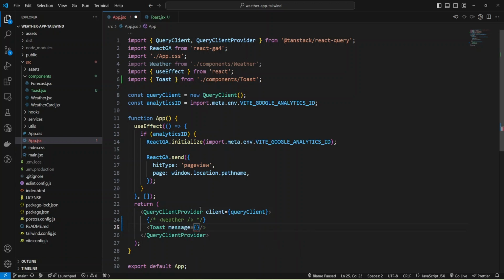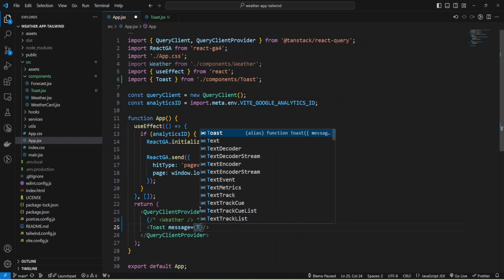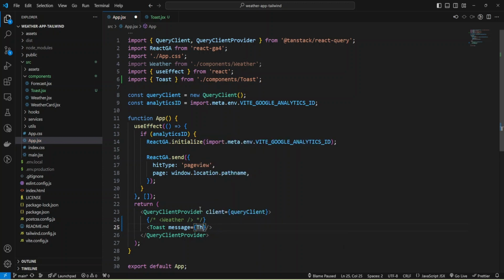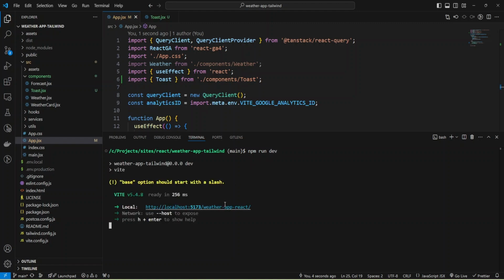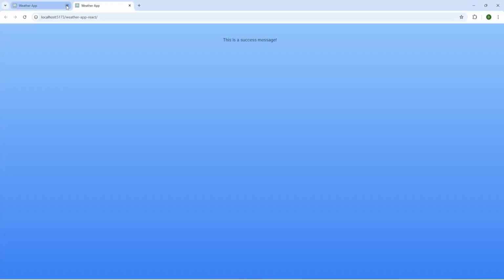And the message will be: This is a success message. Okay, and as you can see, import was added. And let me start dev server with command npm run dev. Open it in the browser, and as you can see, we have our message.